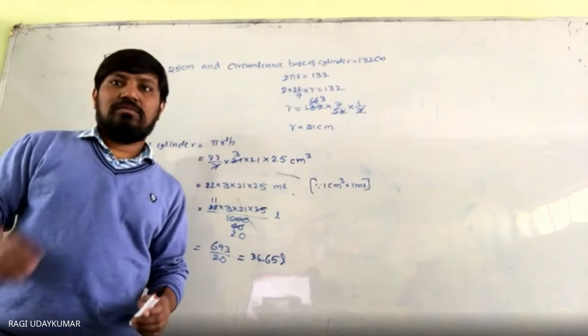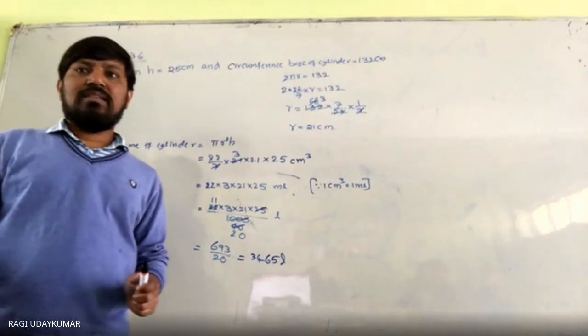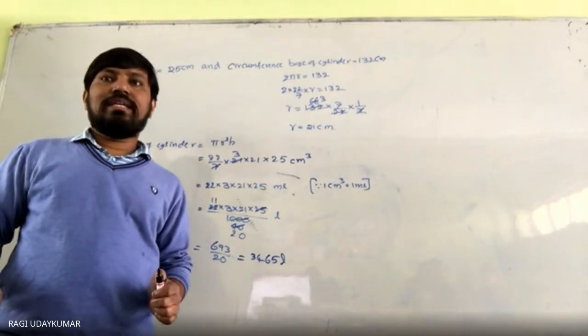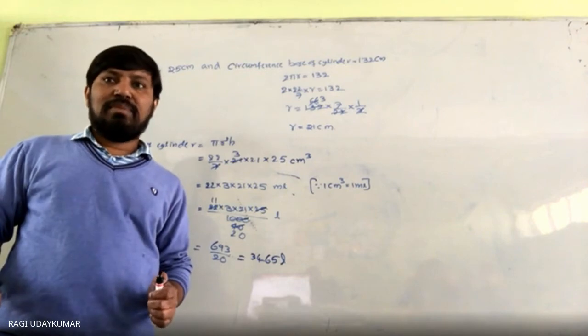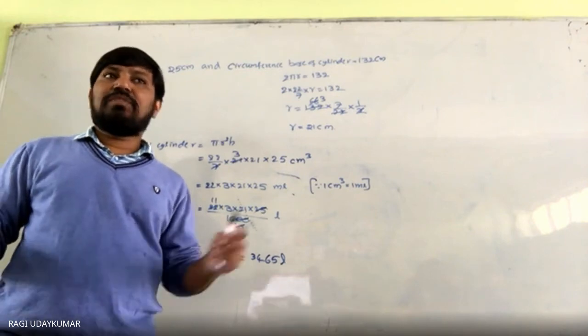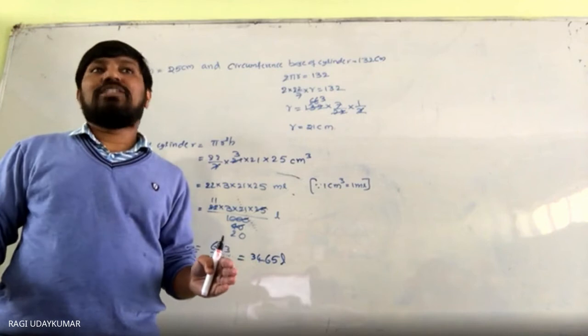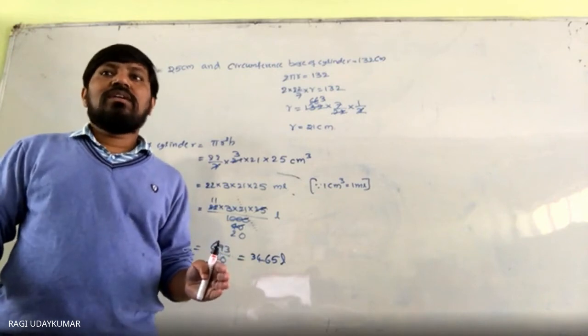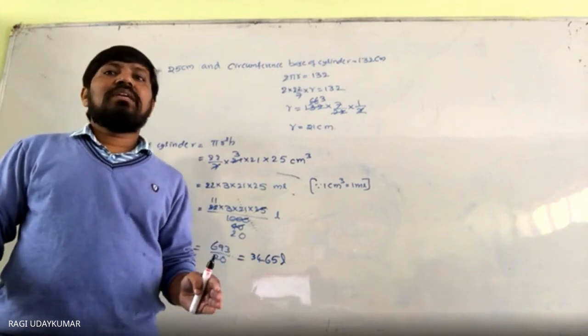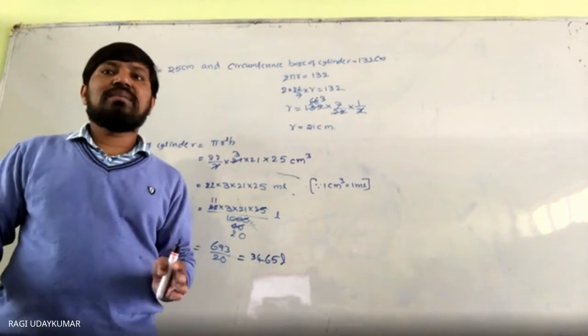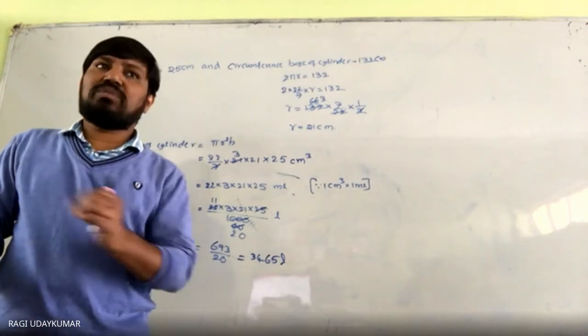Okay, the inner diameter of the pipe is 24 centimeters and its outer diameter is 28 centimeters. The length of the pipe is 35 centimeters. The length of the pipe can be considered as a height. Find the mass of the pipe if 1 centimeter cube of the wood has a mass of 0.6 grams.